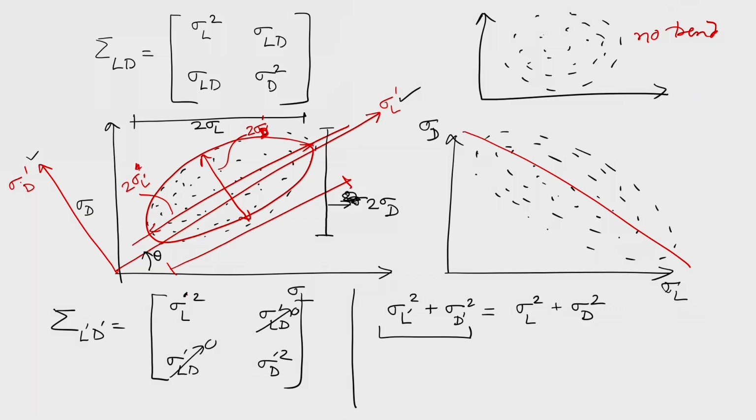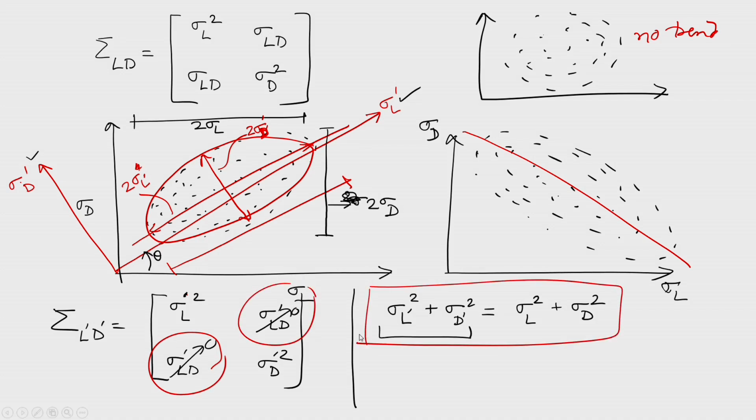In this case, if I rotate by angle theta such that I ensure this property, I can prove mathematically that variances are preserved. At the same time, I find the maximum error, the maximum amount of error. So, this is the maximum value of the ellipse here, or the major axis, which is equal to 2 sigma L dash. So, that is the idea here. I find the principal component, as we call it. So, you can also find the formula of the principal component.